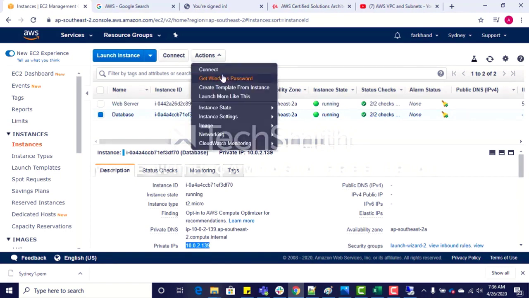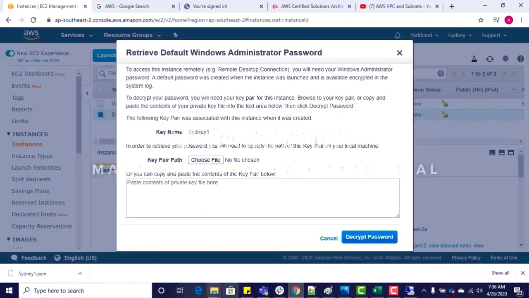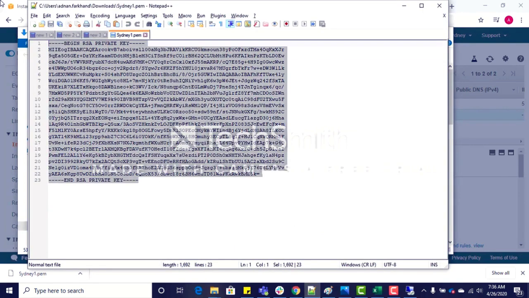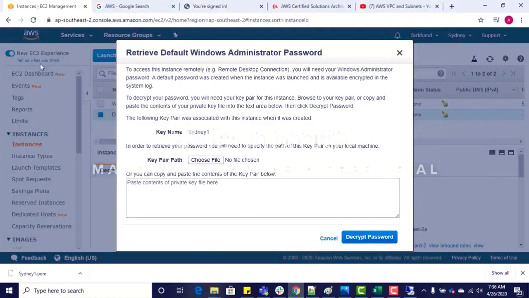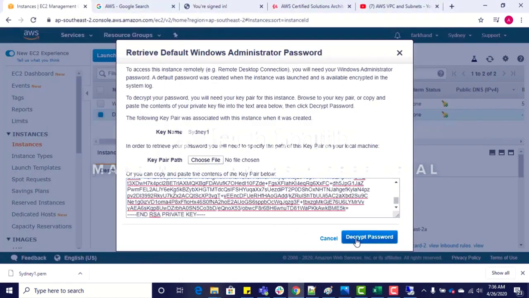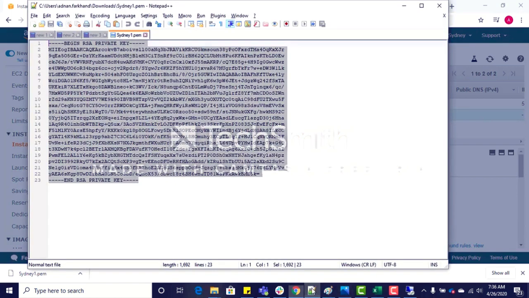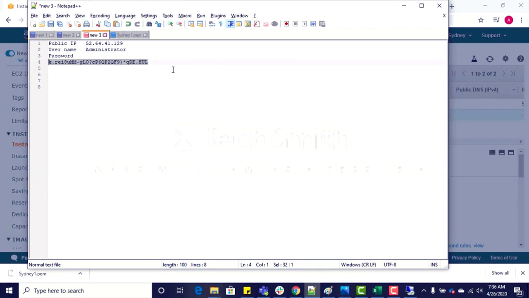We'll go to this, Get Windows Password, and for the Windows password, copy this PEM file, paste it here, decrypt, and that's it, and we'll copy it. Okay, it's fine. So we'll copy this IP address first,